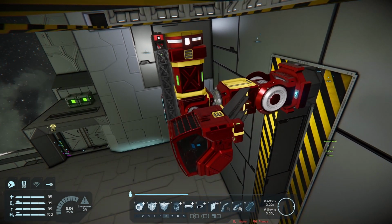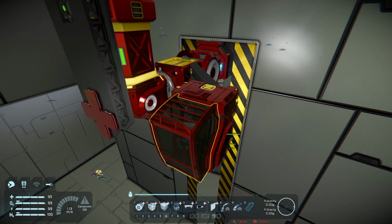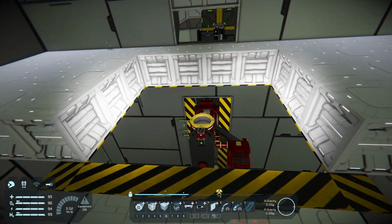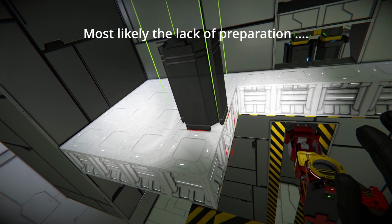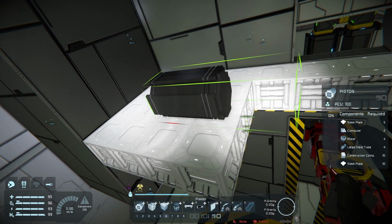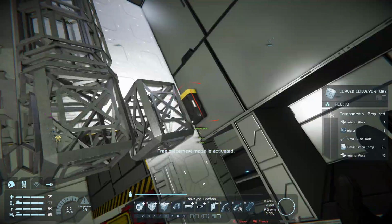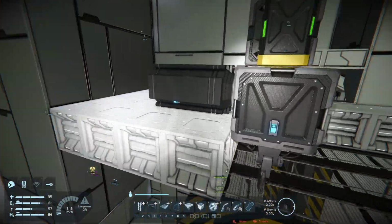I have spotted another problem, and that is that if this thing is going to rotate, the cockpit is in the way, so I do need to change that. It is a bummer, but well, it is what it is. I keep getting distracted for some reason. Probably because I haven't tested this before. What's next is that